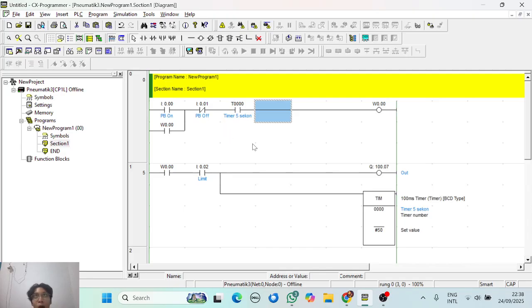This means the first condition is closed, and if we trigger the button, the PB off is active and will cut off the current in this circuit.